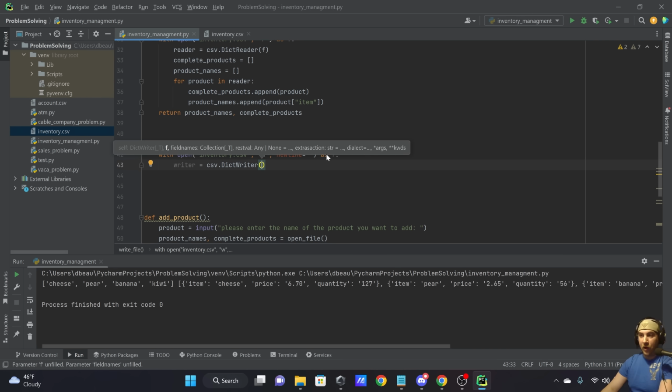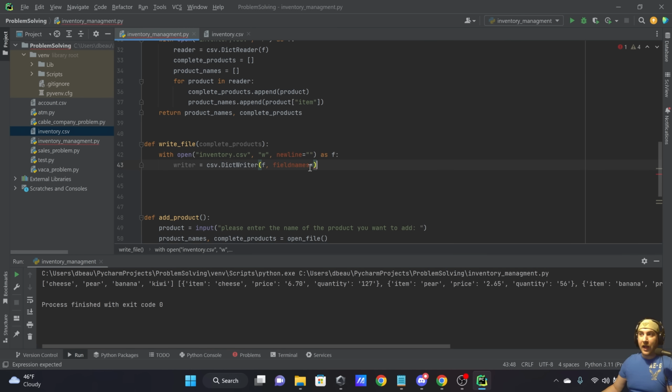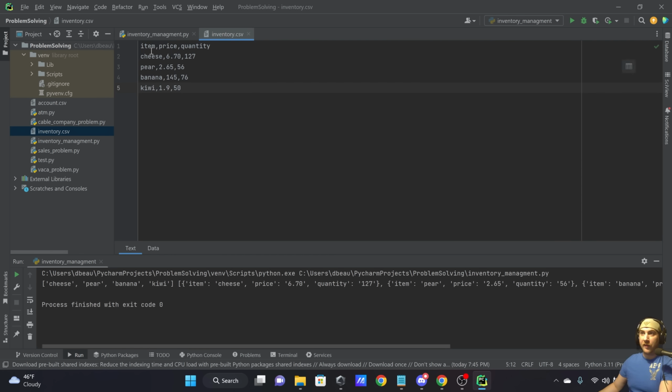Okay, and we want to write f, and then we also have to provide the field names. It needs to know what the field names are. Again, these are the field names. Now, there's two ways to get the field names. The easy way would be to pass a list, because this requires a list as an argument. So what I would do is pass a list, and then I put my field names, which is item, price,